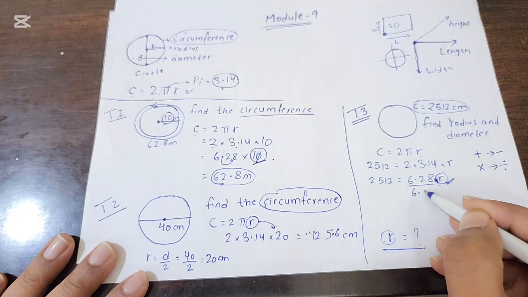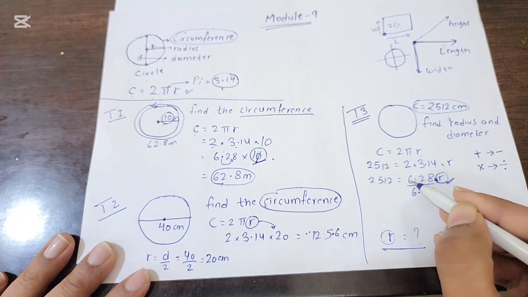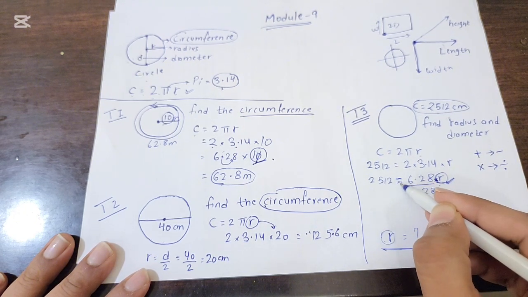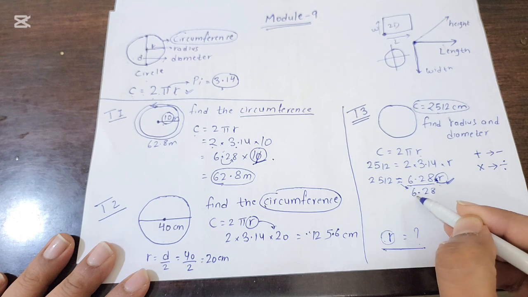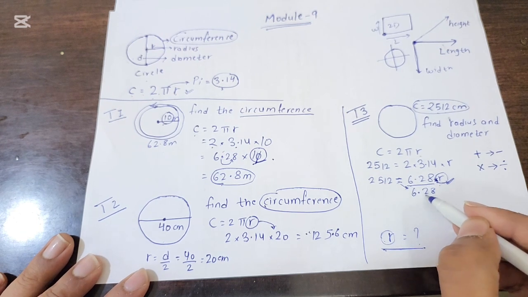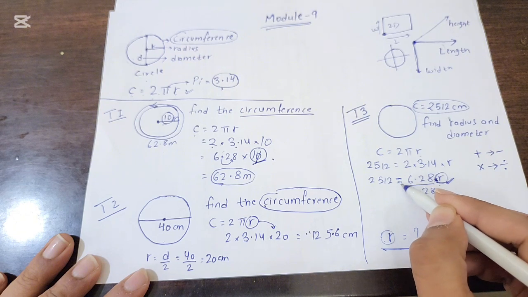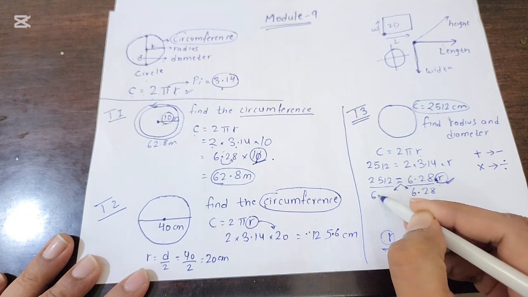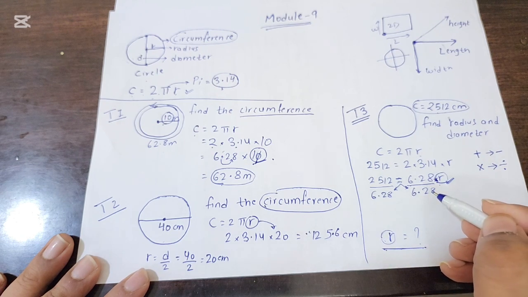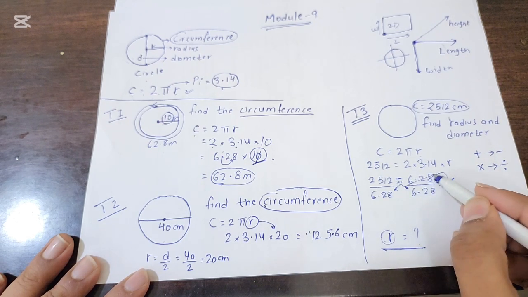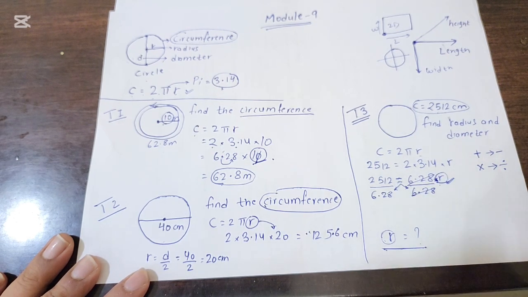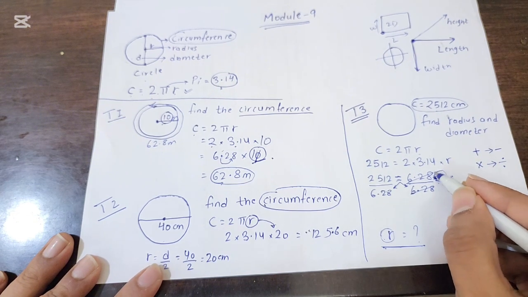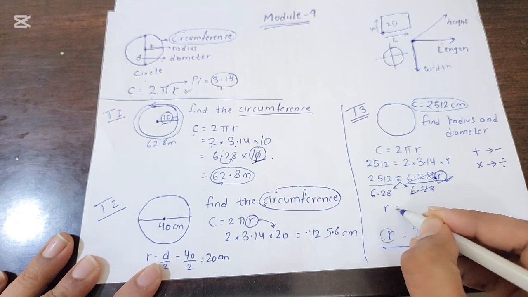Whatever you do on one side of the equal sign, repeat the same thing on the other side. I divided by 6.28 here, so divide by 6.28 here also. Now 6.28 divided by 6.28 is 1, so that is finished. What is left here? r. So r equals